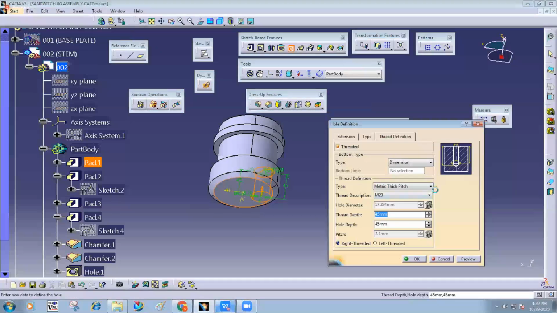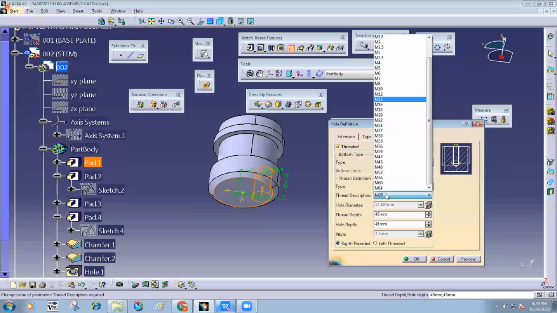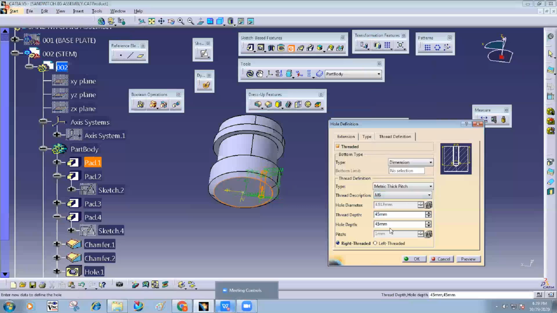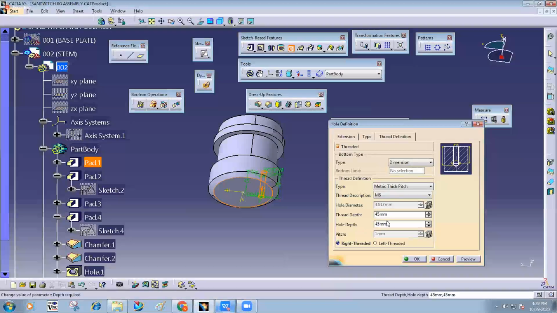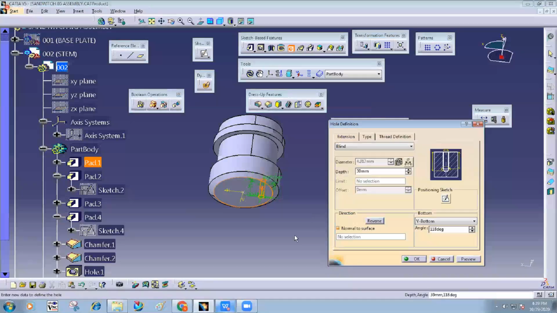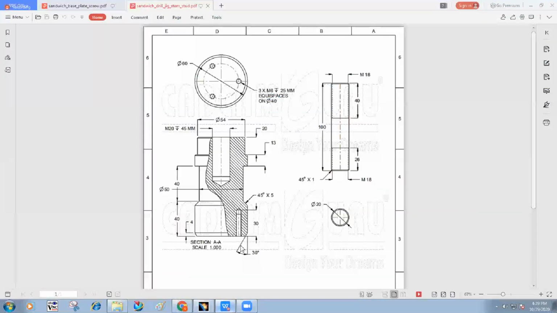That size is M6 and depth is how much? 30. 25 mm thread depth and 30 mm hole depth, correct. So hole depth is 30 and thread depth is 25. The angle is not given. Let us assume it is 118 degree.